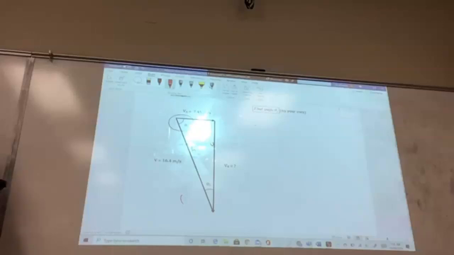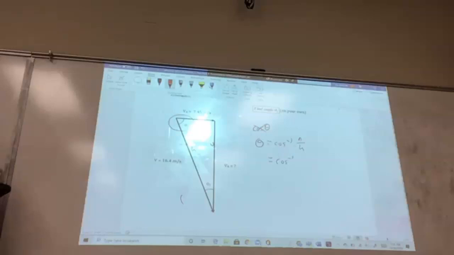Therefore, I want to use cosine. By now, hopefully, you've figured out what the pattern is here so that you don't even really need to write down the definition. You can just go straight to theta equals the inverse cosine of adjacent over hypotenuse, equals the inverse cosine